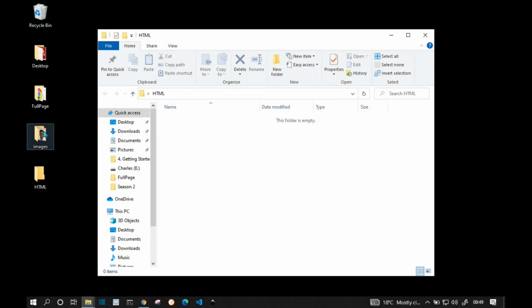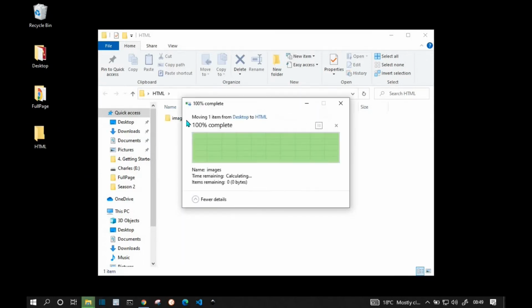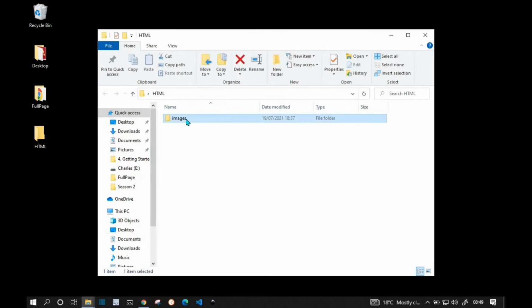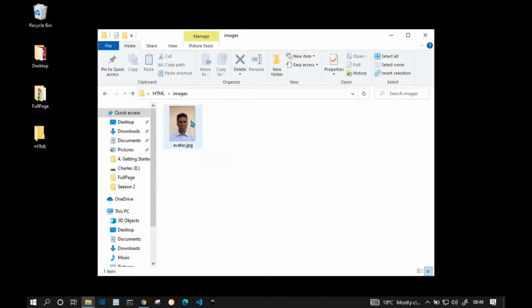This folder only contains an image. You can use any image that you want, and I'll be using this to show you how you can add images in a HTML web page.